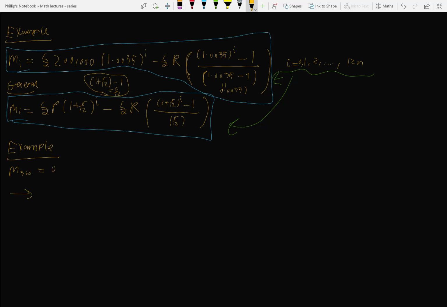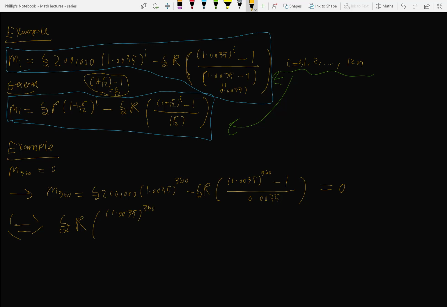So what we have is M to the 360, which is equal to 200,000 times 1.0035 to the 360 minus R, capital R, times 1.0035 to the 360 minus 1 divided by 0.0035, is equal to 0. So what we can do is rearrange this equation. We've got a capital R now, times 1.0035 to the 360 minus 1 divided by 0.0035 is equal to 200,000